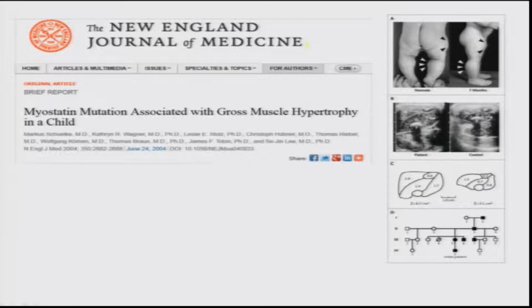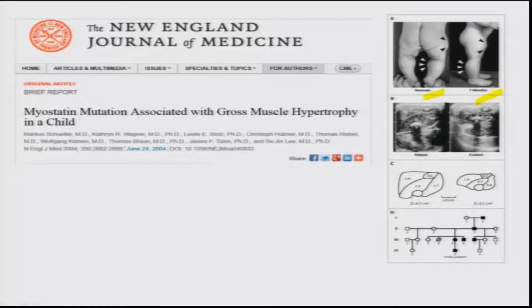Of late there are many other papers. There are rare conditions even in the human wherein you have such conditions. So same myostatin mutation, loss of function mutation results in gross muscle hypertrophy. This is excessive growth of the muscle in a child. You can see that this is a neonate, meaning newborn baby, and this is a 7-month-old